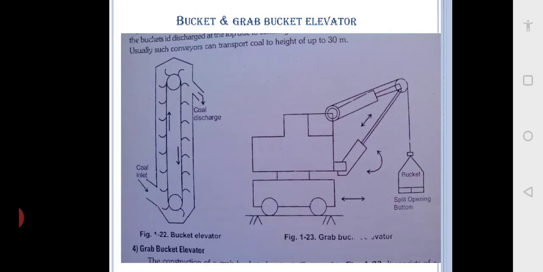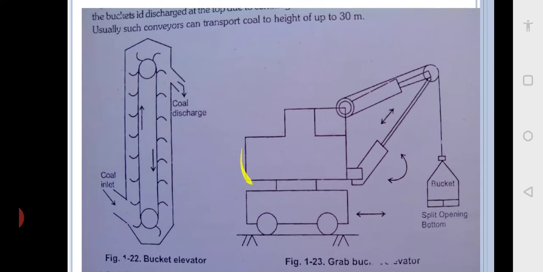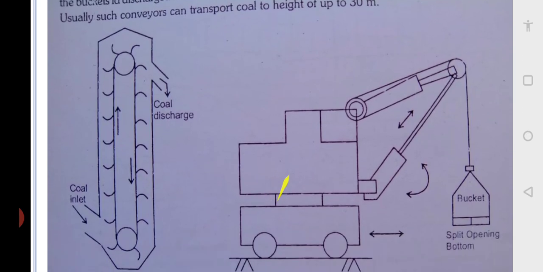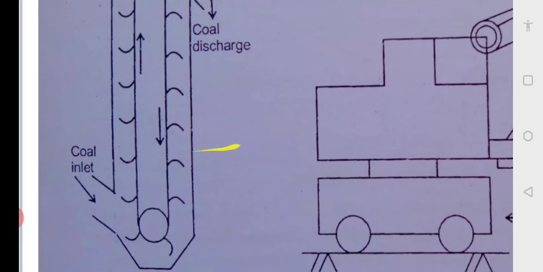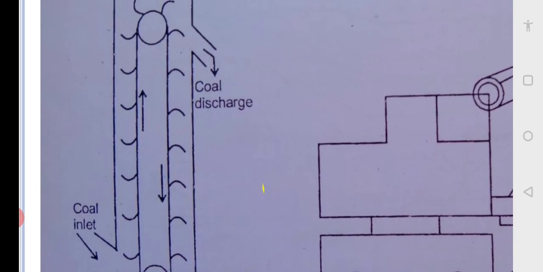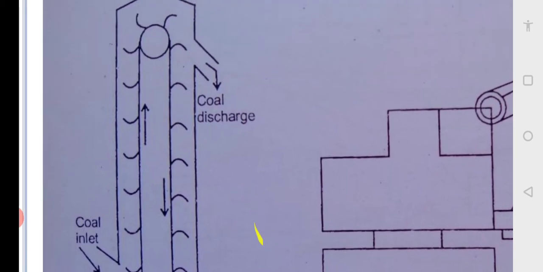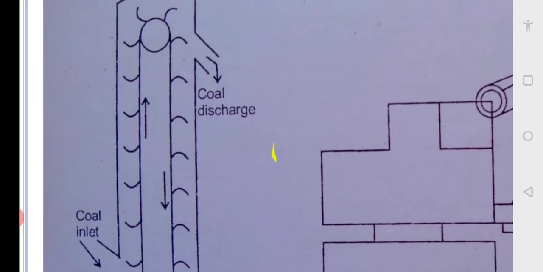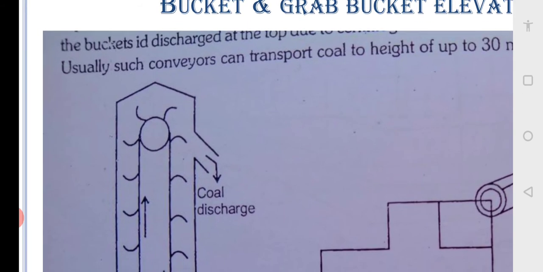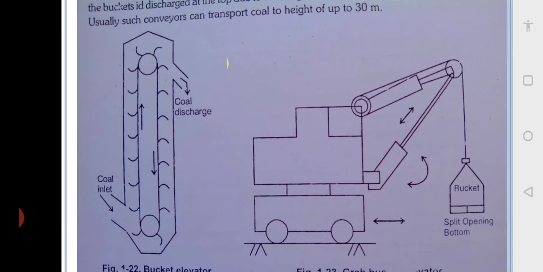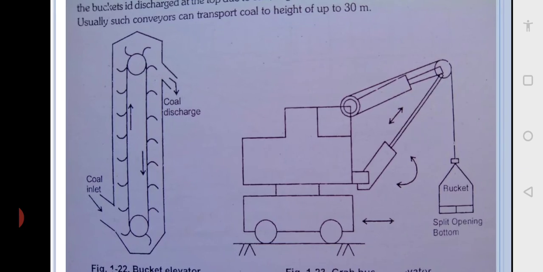Then the bucket conveyors and grab bucket conveyors. I think you might have seen all these conveyors. Again here, a bucket conveyor is for vertical transportation. You can see there is an endless belt, and there are buckets on it. So coal is fed from the bottom and it is taken to the top, because these boilers and all are big, almost 100 feet. So it has to be taken to the top. So bucket conveyors are used for this, and again I will repeat, these are used for lumped coal. Okay, for pulverized coal, air is used for conveying.